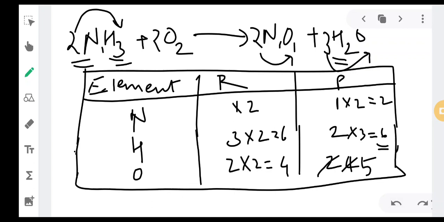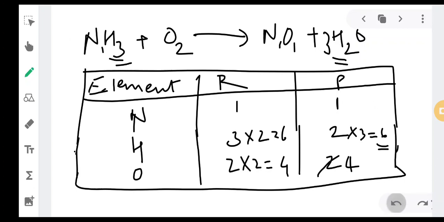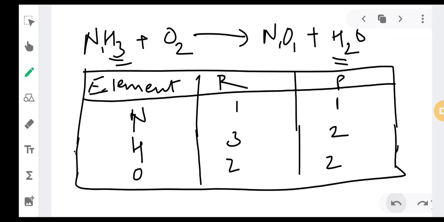Whenever such type of questions come, you have to first start with the smaller numbers and try to balance by increasing the numbers. We have added 2 on the left hand side, and on the right hand side we have multiplied it with 3. Now try it with 4 if you want. We had multiplied using various different numbers, so now we will multiply with bigger numbers, not the smaller numbers.